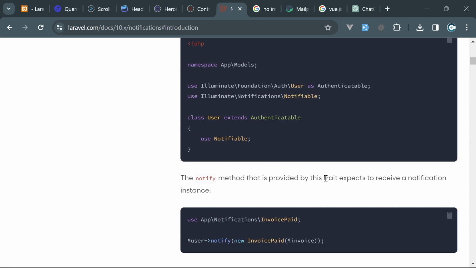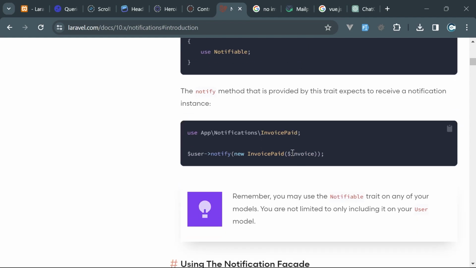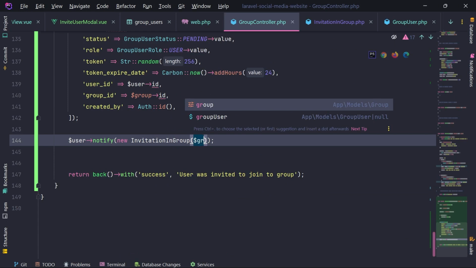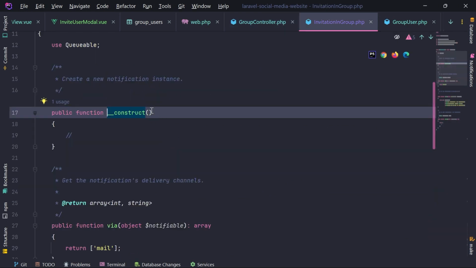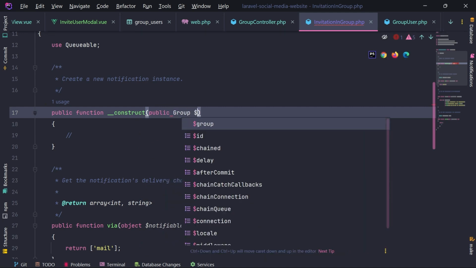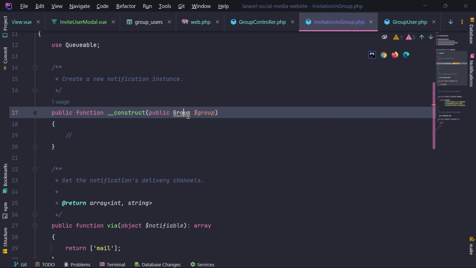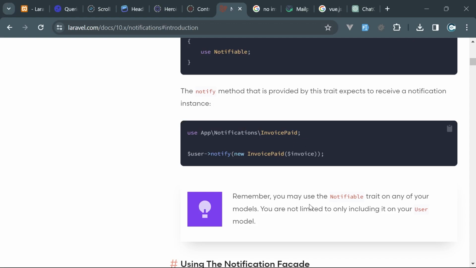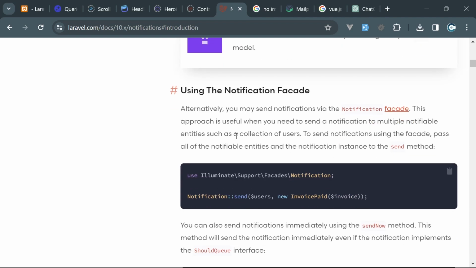However, we obviously need some additional data. If the example is right here, InvoicePaid, and we pass the invoice, we need to pass the group right here. So InvitationInGroup should accept this. Maybe I can make this public Group right here. Let's import App Models Group. Let's read a little bit more. Remember, you may use the Notifiable trait on any of your models. You are not limited to only including it on your User model. Okay, that's good. We can do this through the Notification facade as well,